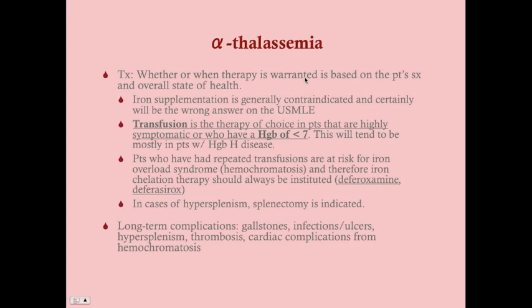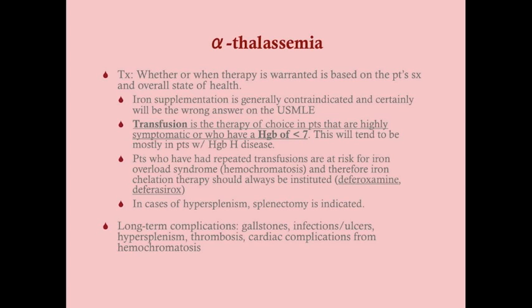When do we treat a patient with thalassemia? We treat them if they're highly symptomatic or if they have a hemoglobin of less than 7. Anytime you've got a hemoglobin of less than 7, it's transfusion time. And so most of the time, we're going to treat patients with hemoglobin H disease. However, minor alpha thalassemia, we can treat that too if they're highly symptomatic or if they have a hemoglobin of less than 7. Patients who have had repeated transfusions, as I mentioned, they are at risk for iron overload syndrome,